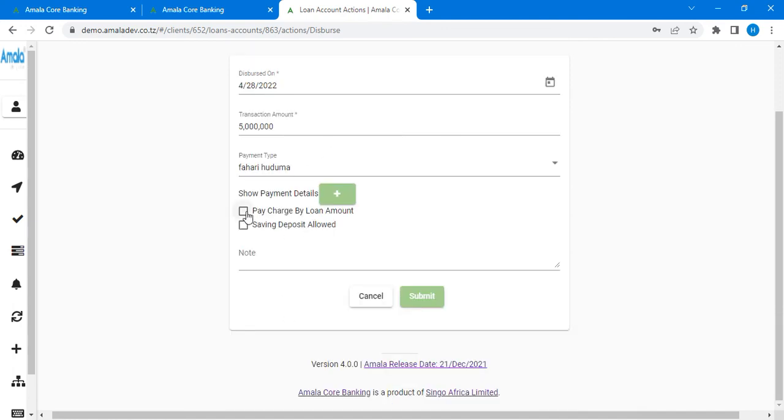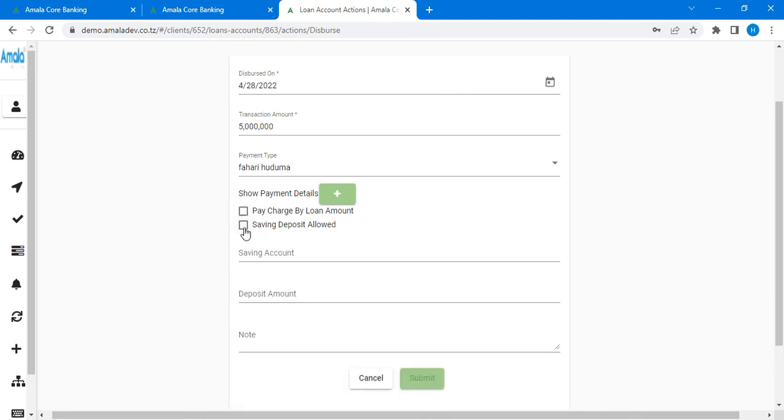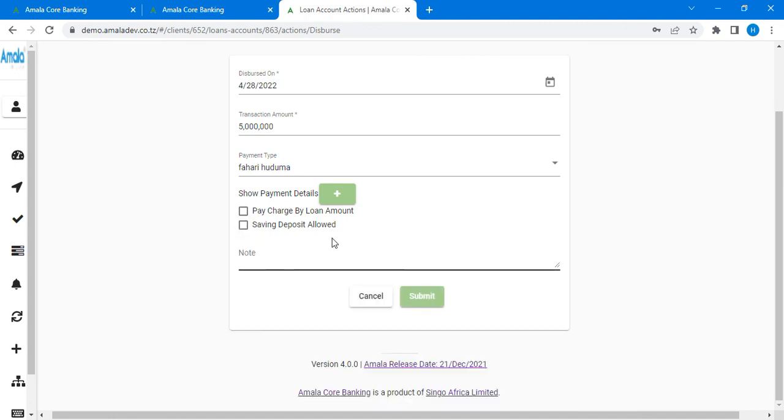And when you come here, if you need to pay the charge by loan amount, you can just put a tick. So it means that all the charges of the loan for the client will be paid by the loan amount. If not, you can just leave it. But also savings deposit allowed, you can just put it and put the savings account, deposit amount, and the note. But it's not mandatory. If not, leave it. We can just remove it. Then after here, we're going to submit our loan. Then we're going to